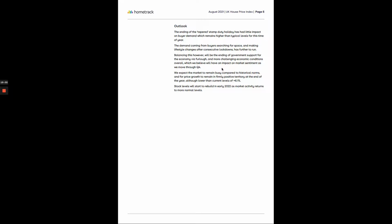I don't anticipate it having a massive effect, because even if it takes out a slight sting of the market and demand, I don't think it's going to do enough damage, when you look at the low levels of supply, to really have a negative impact on the property market. So that's just my feeling anyway, and I think property prices are going to continue to grow at these levels. You might see a slight cooling and easing of the aggressive growth we're seeing, but I believe it's still going to carry on at good,